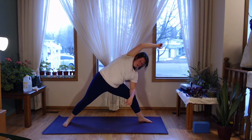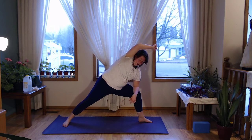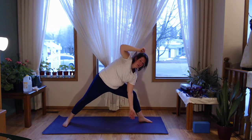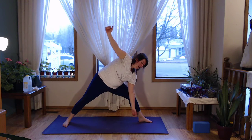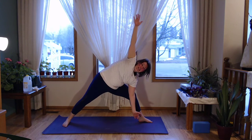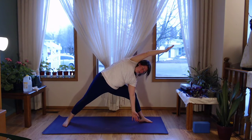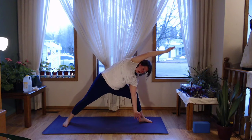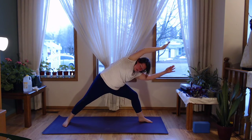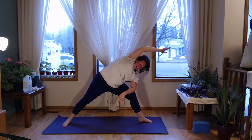So this is our most gentle variation, with this left elbow or left arm on the leg. If you want a little more, you can start to even reach it down. You don't have to touch the ground, but I'm pressing into that leg, trying to activate it, and I'm keeping that knee over the foot. It's nice to have top arm come all the way up, but you can keep it going overhead if you'd prefer. Excellent. If you want more still, you can float both arms up, feel the core, feel those arms really engage,